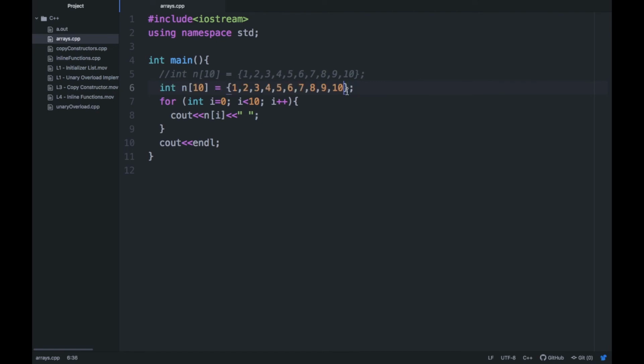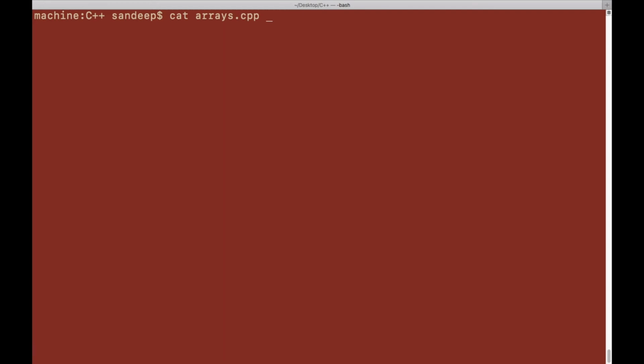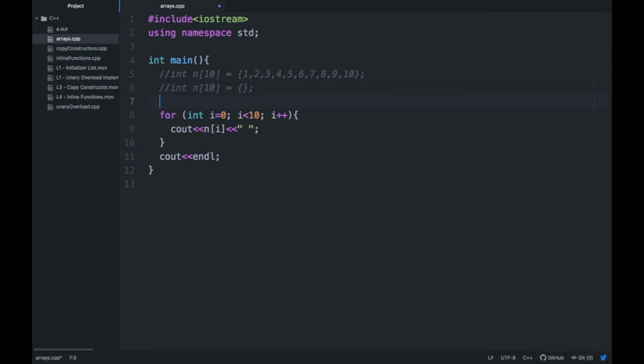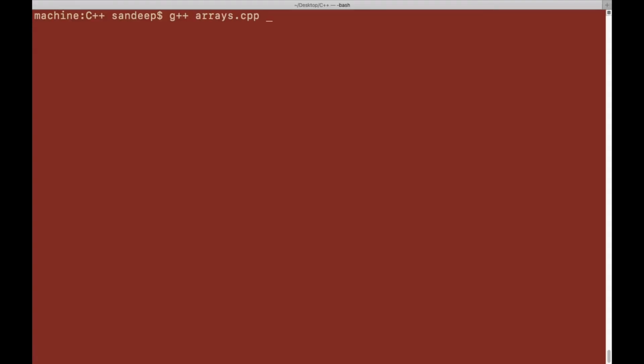So now I am trying to see all the elements, and in this case it should be 0, right? We have compiled it and now I'm running it, and it's all zeros. Okay, just try to change it and assign only 3 elements here. Now all the other 7 elements should be 0. Clear? Run the program again, and here you can see we have 3 elements, 1 2 3, and then the others are 0.